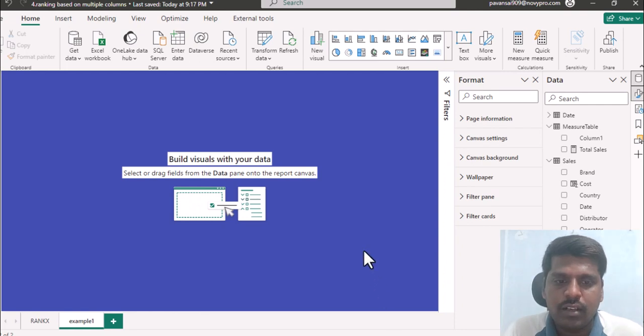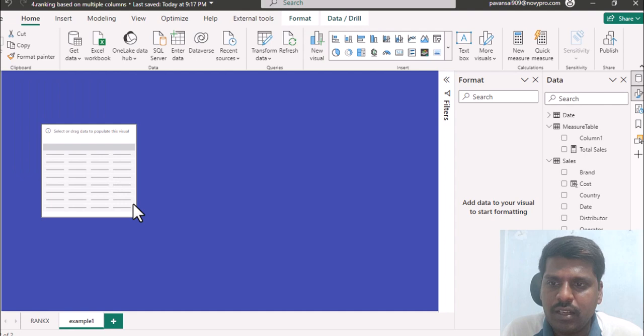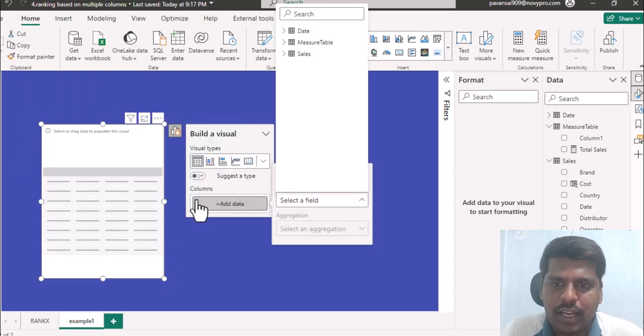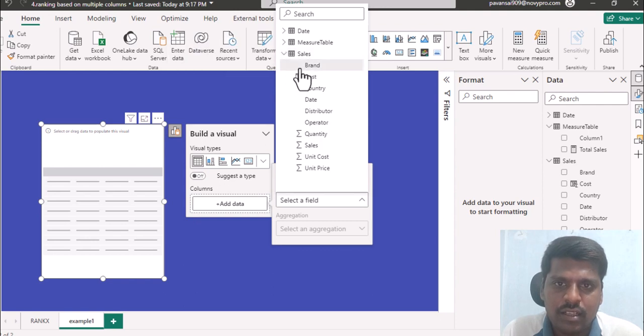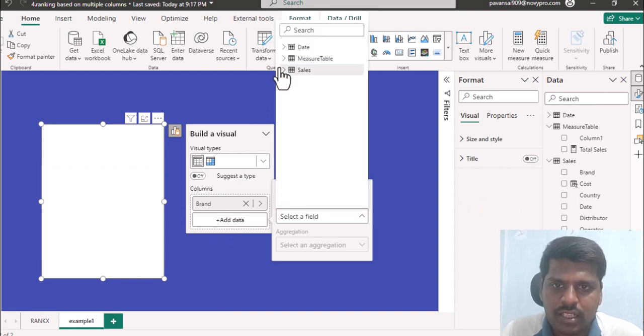Hello everyone. Let us understand the situation where we have to rank based upon multiple columns. Here I'll take a table. Here I'm taking a table visual. And here I'll add columns such as brand from the sales table, and I'll add distributor from the sales table,